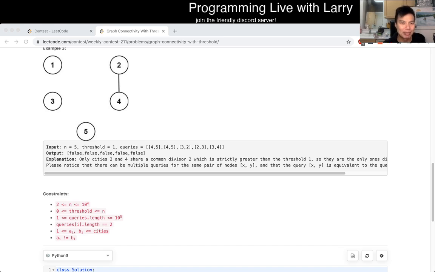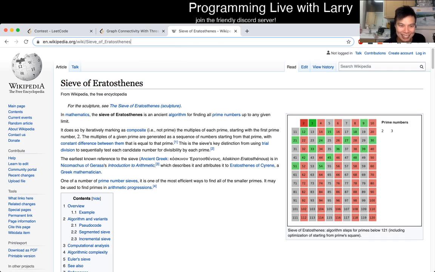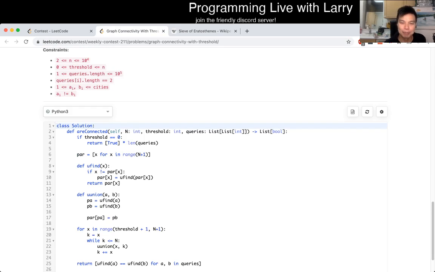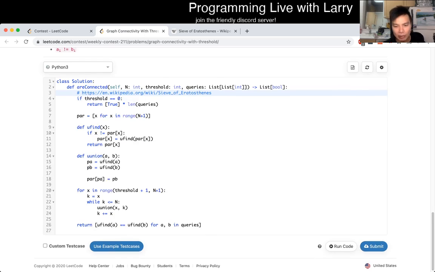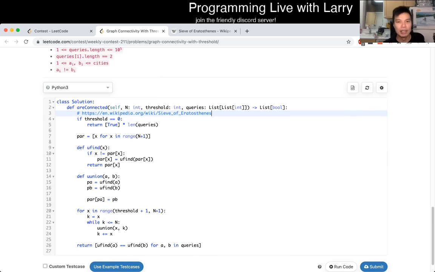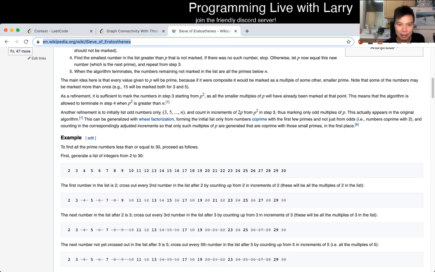The prerequisite for this problem is something called the Sieve of Eratosthenes. I'm just going to call it the sieve because I cannot pronounce this very well, and every time I have to Google how to say this one correctly. But okay, now that we have this, right, what does that mean? So the key thing to know from this sieve, at least for me, I don't know if this is in here, but